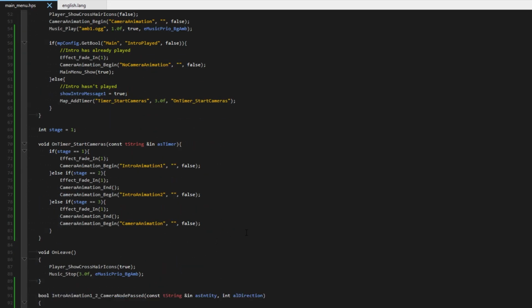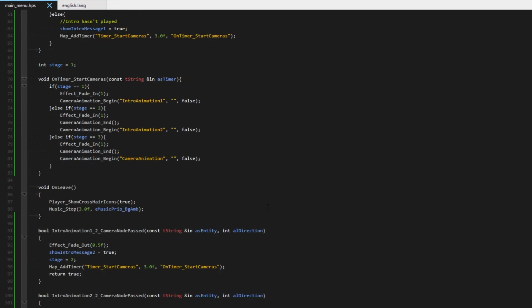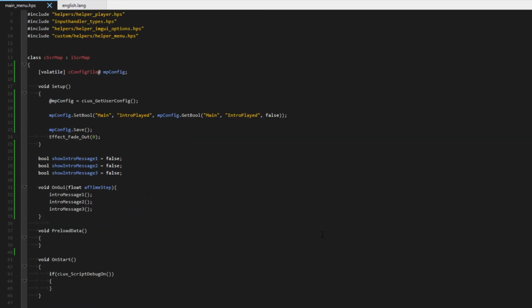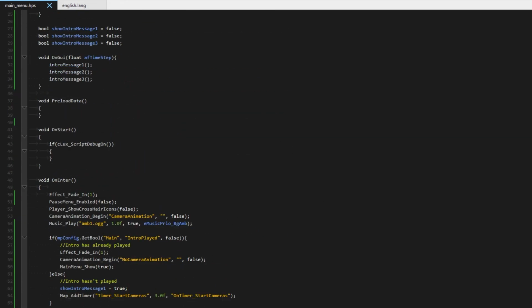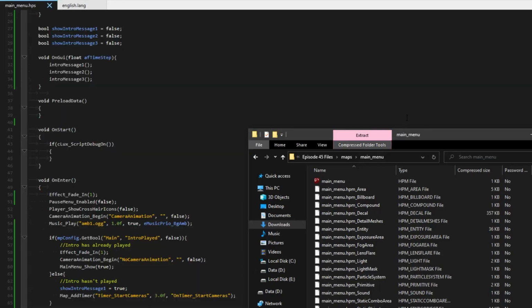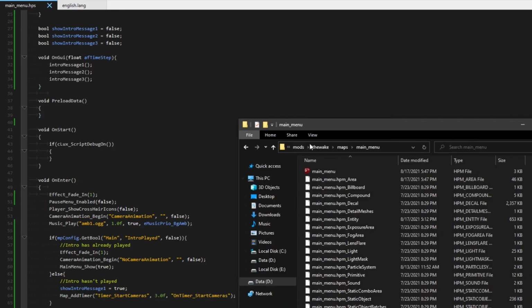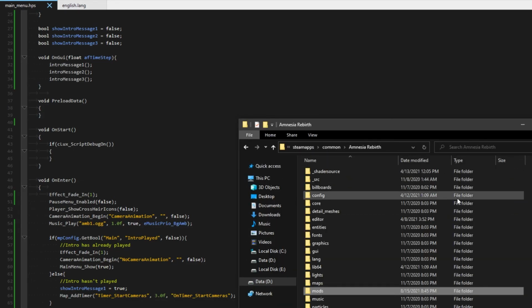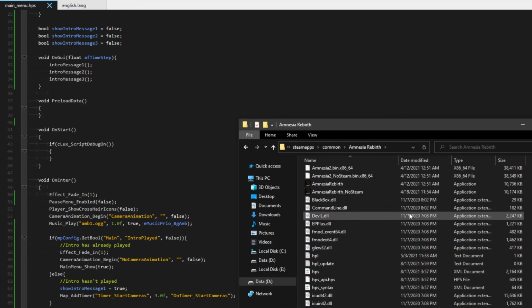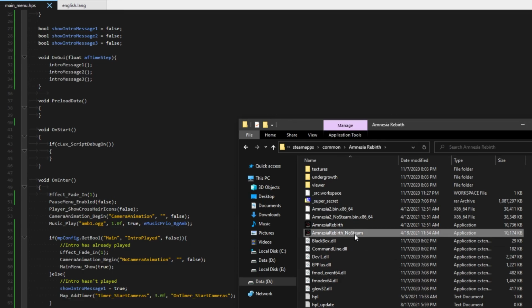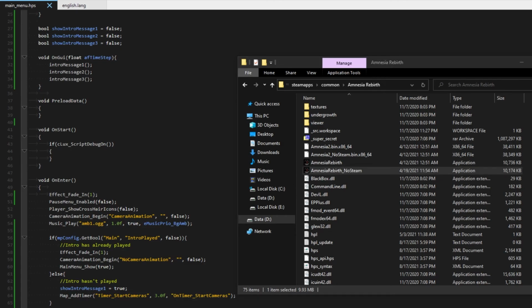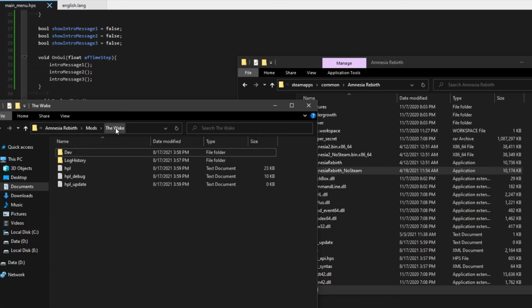With that, I know it was a lot of code, but we are done. We are fully set up now. Let's start up our custom story. I will load it up in no Steam mode. I will go to the main root directory of Amnesia Rebirth, start the no Steam version here, and load up the default profile. Remember, save files are stored